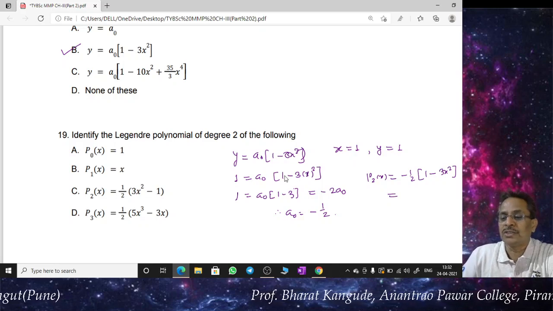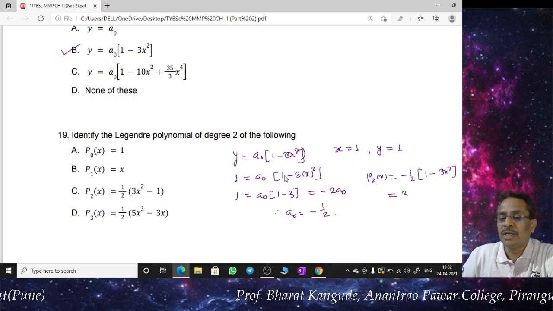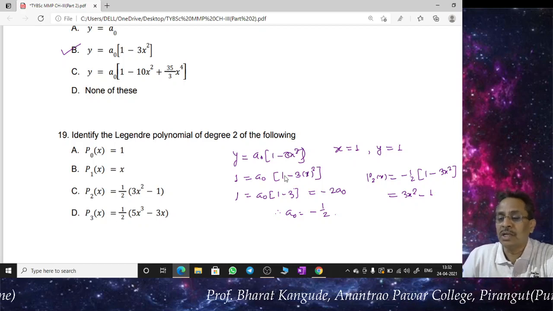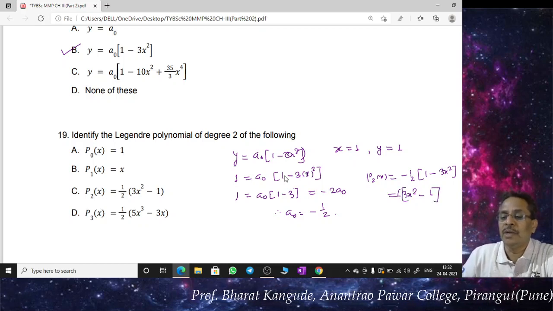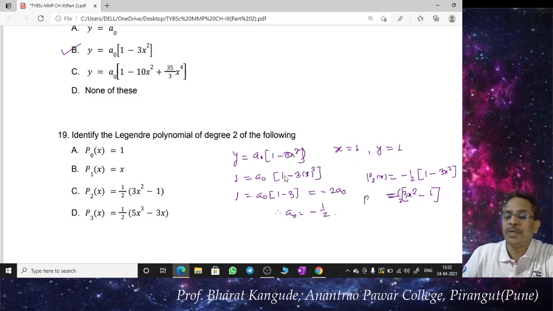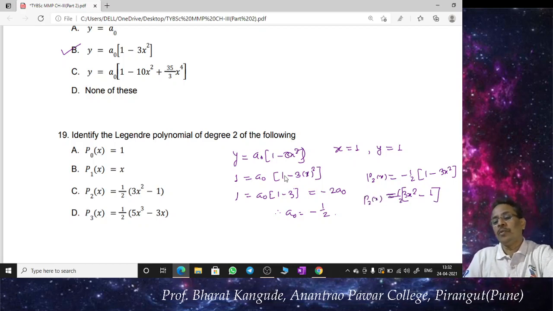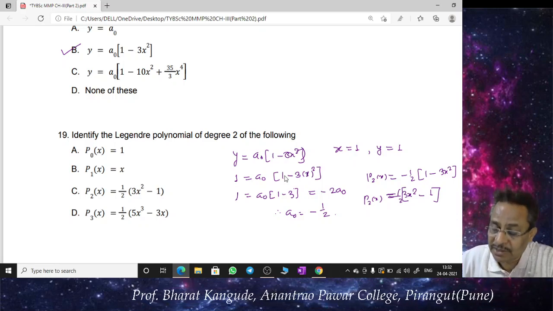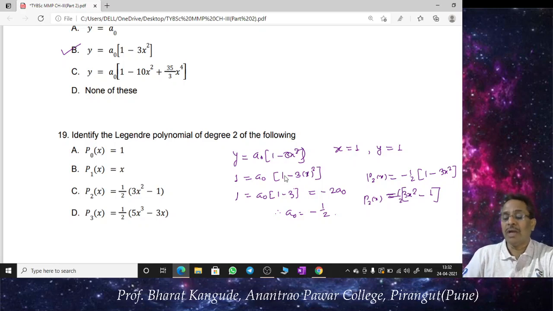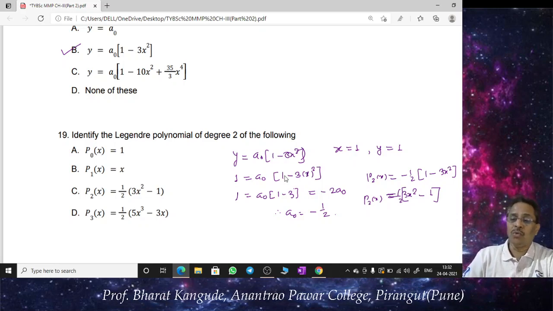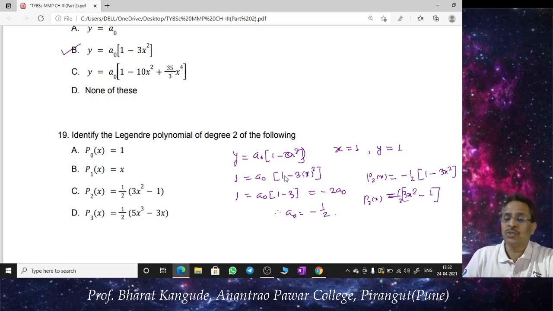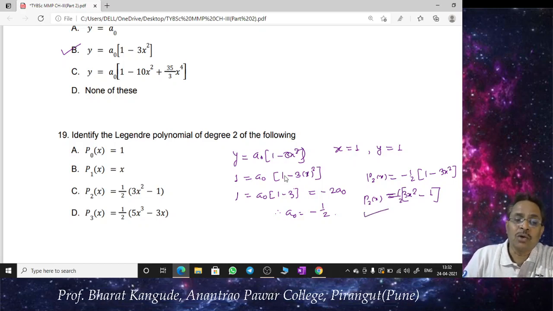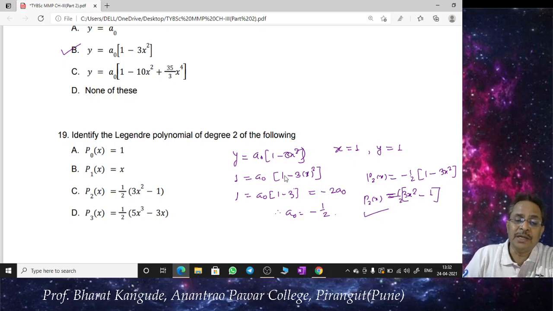When I substitute this, or when these signs are changed, this will become 3x square minus 1, and this entire thing is to be multiplied by 1 by 2. Therefore this P2 of x, the Legendre polynomial of degree L equal to 2, can be obtained by using that condition for x equal to 1. In that equation, I adjust A0 such that y will be equal to 1, get the value of A0, substitute it there, and get the Legendre polynomial of degree L equal to 2. Therefore, the correct option among A, B, C and D here is